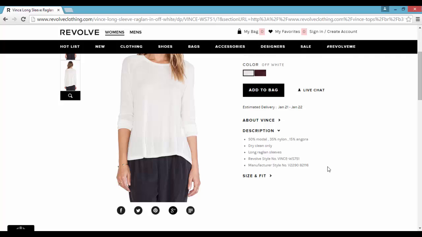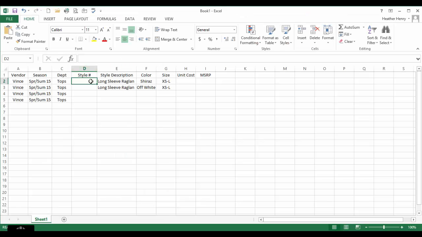Once we have purchased this item, then we can go ahead and create our own style number for our own inventory tracking purposes. However, for your purchase order, when you're purchasing it directly from the vendor, you need to tell the vendor which style you're purchasing, so it must be their style number. So let's go ahead and copy their style number. I will now paste the style number in,